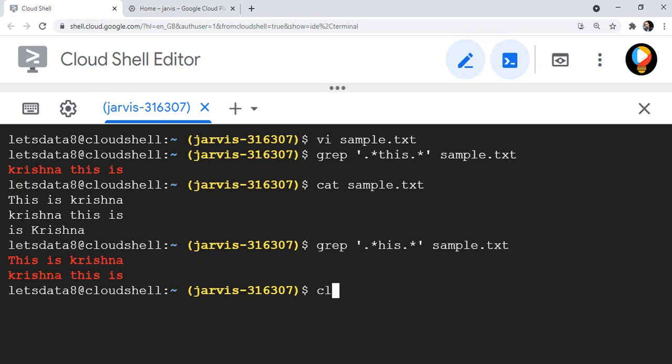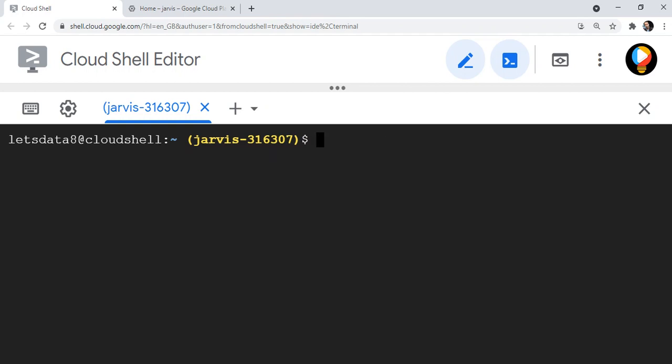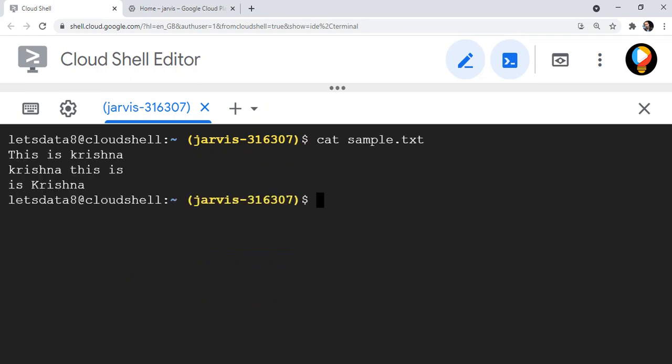So let's come to the sed command. So let's get the contents again. So what sed command does is it helps you to replace the keywords from the file. So you can replace a particular keyword with a new keyword, and you can also set the occurrences, like how many occurrences of the same keyword you want to replace. So first of all, how to write that command? Sed quotes s slash. So this is the start of the syntax.